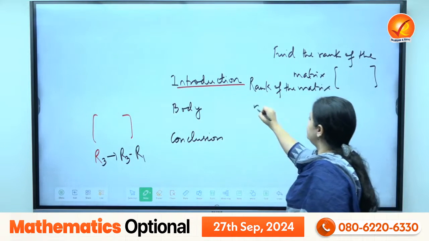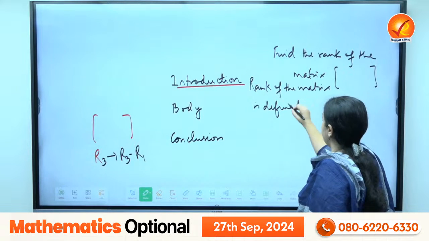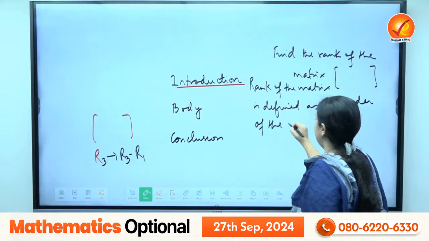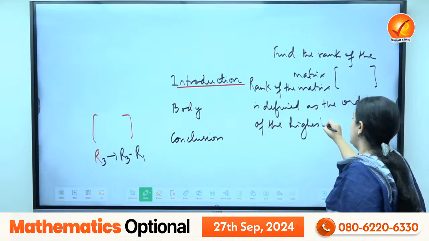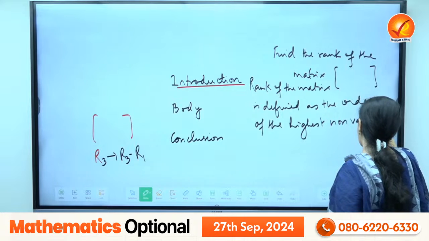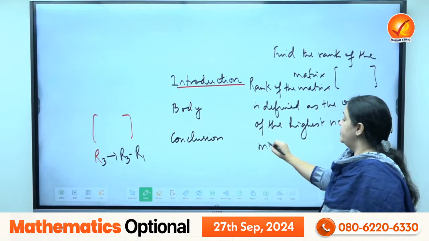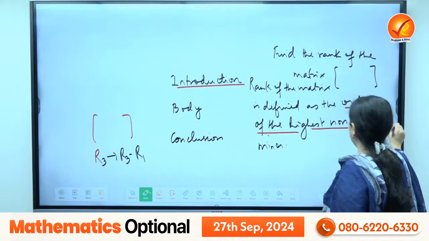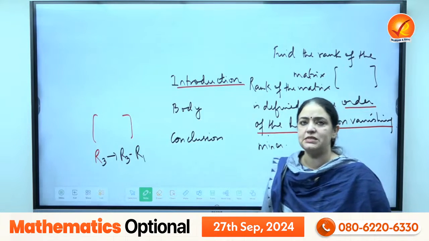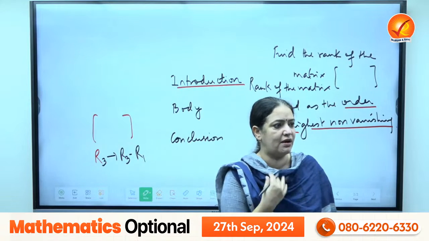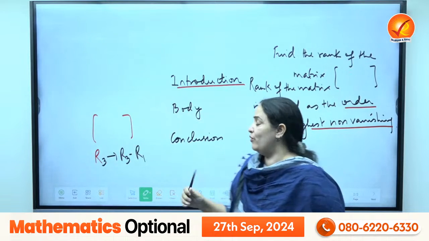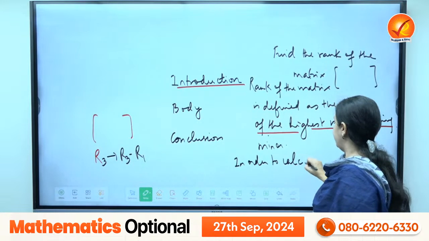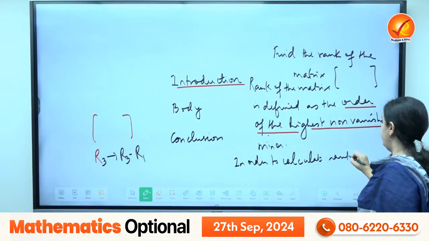is defined as the order of the highest non-vanishing minor. Not just write down the definition, underline the crucial words. Order of the highest non-vanishing minor. Whatever that means, since I'm not teaching you the concept, I'm just telling you that my answer, suppose, begins with what is rank. In order to calculate rank, you then say, in order to calculate rank, we perform